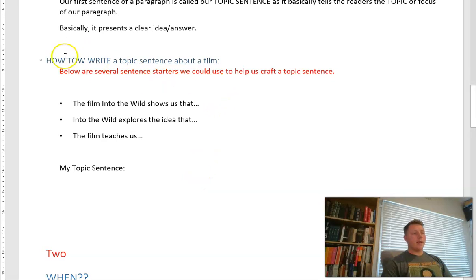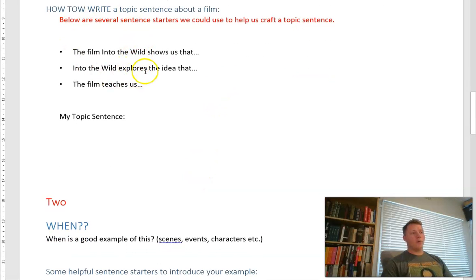So here, as you can see, I've actually dot pointed a couple of sentence starters or ways that we might be able to start a paragraph and present our new idea or our topic. So a couple of examples include, the film Into the Wild shows us that... And I could present all sorts of ideas. I could say the film Into the Wild shows us that not all families are happy families. I could write Into the Wild explores the idea that,